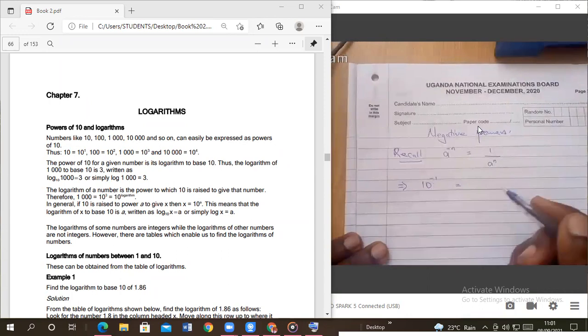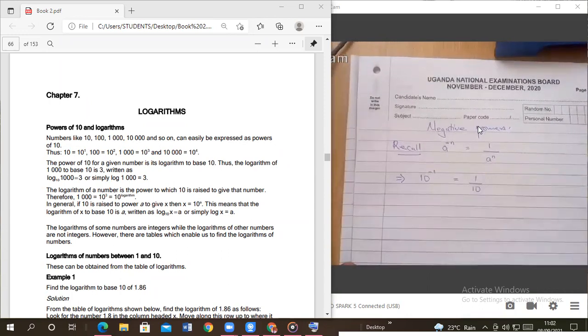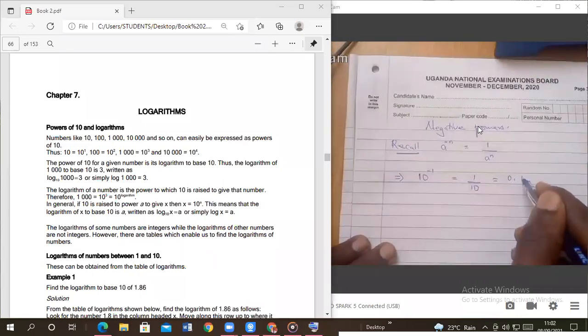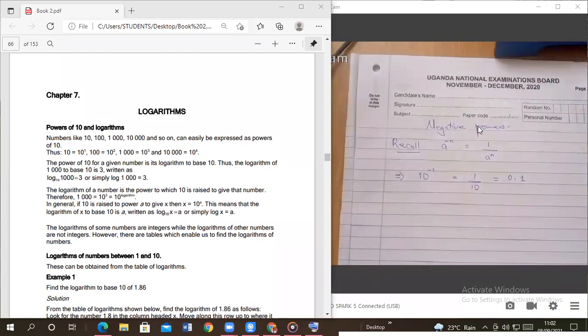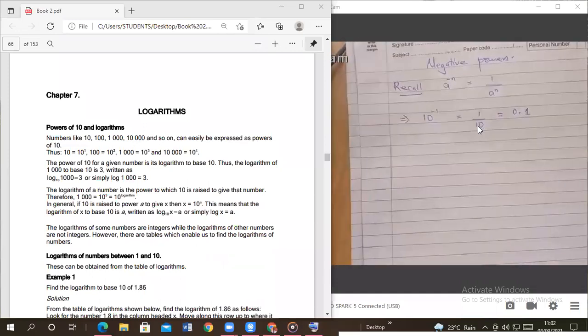that number can be written as 1 over 10, which is the same as 0.1. Very good. That one is from indices. Now, when we come back to standard notation,